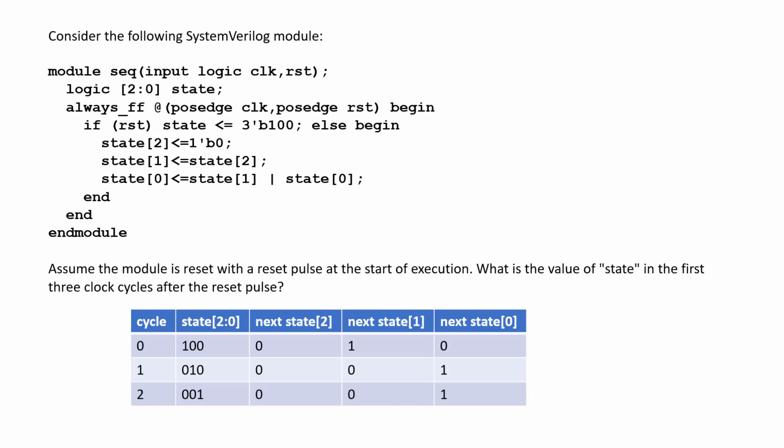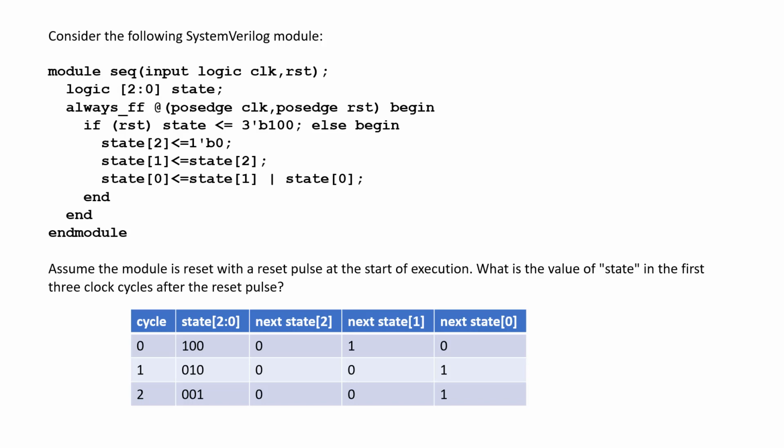It's doing a bitwise OR, just an OR operation. So if either one of the bits in state 0 or 1 are currently 1, then it will be 1, then state bit 0 will be 1 in the next cycle. Okay, and I think what will happen is once you get the state to 0, 0, 1, it'll basically always be that way, because